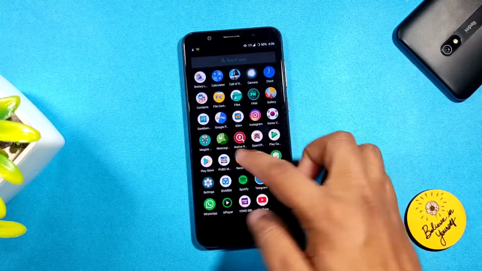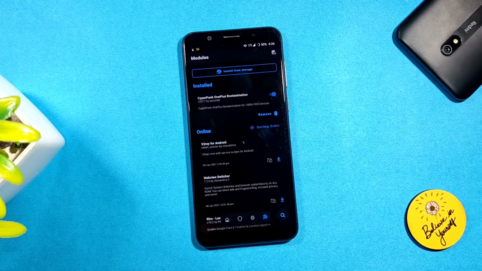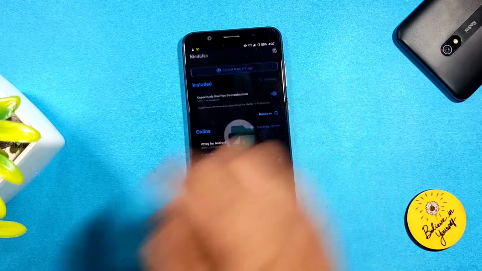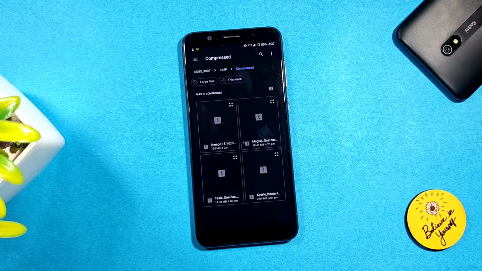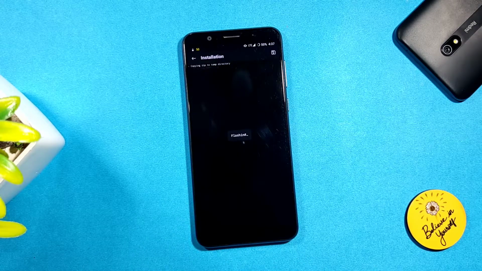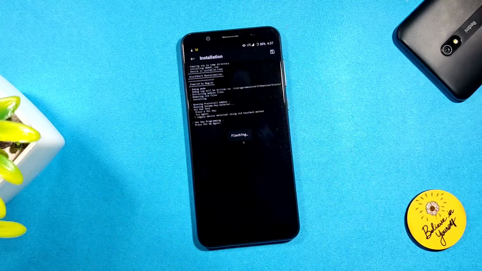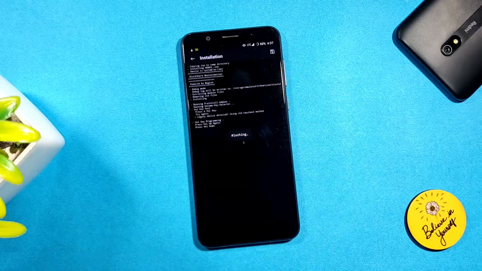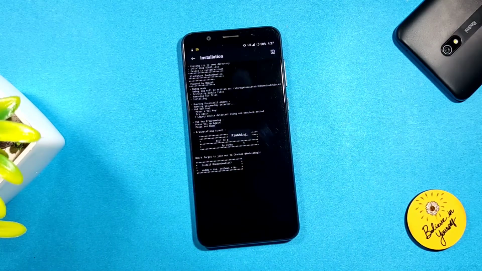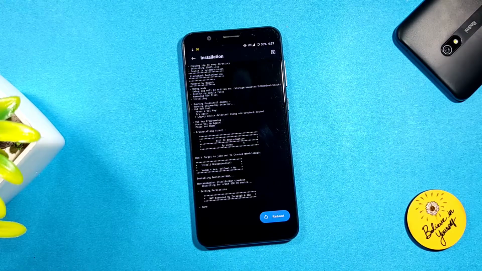Now simply repeat all the steps: open Magisk Manager, then again hit the install section, then click on install from storage. But I will tell you that if you already installed any other boot animation, first remove that animation, then click on install from storage again, then browse your second boot animation zip file, which is the st864 zip file. Here you need to do some volume key programming, like pressing the volume up or down button, which is necessary to install this zip file.